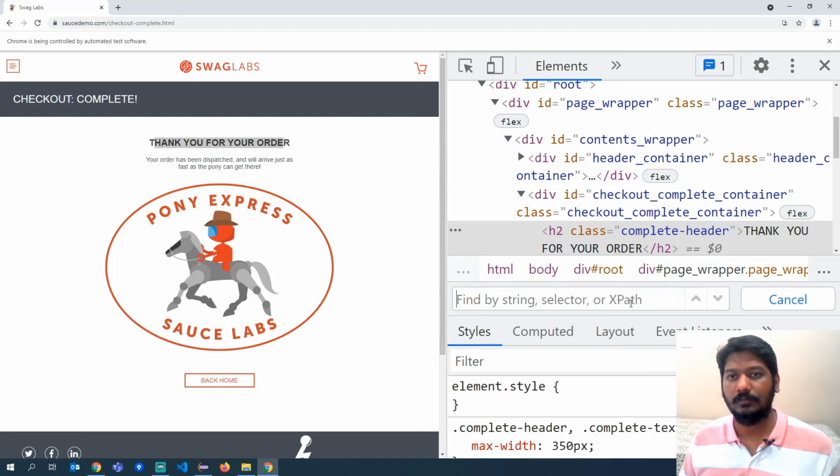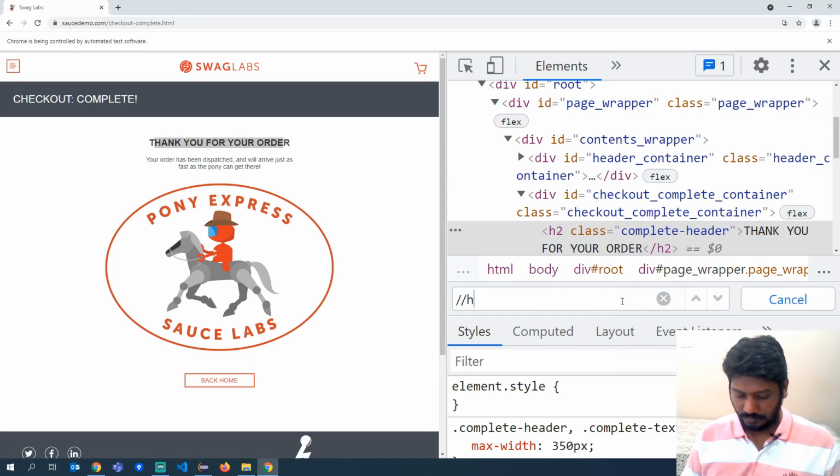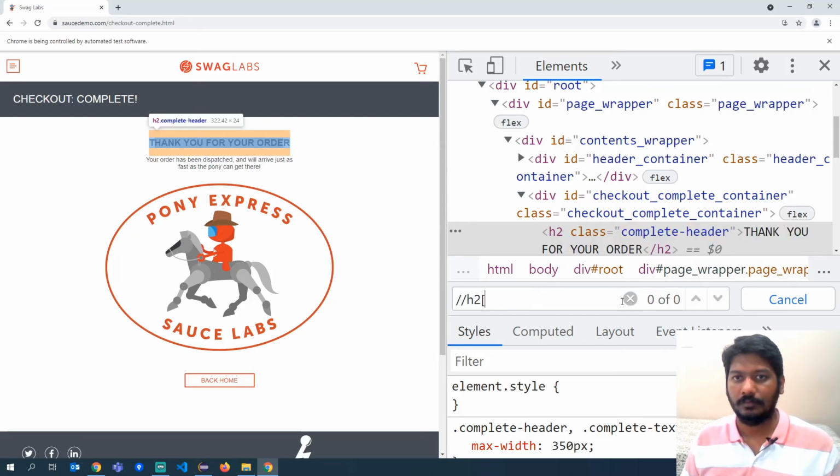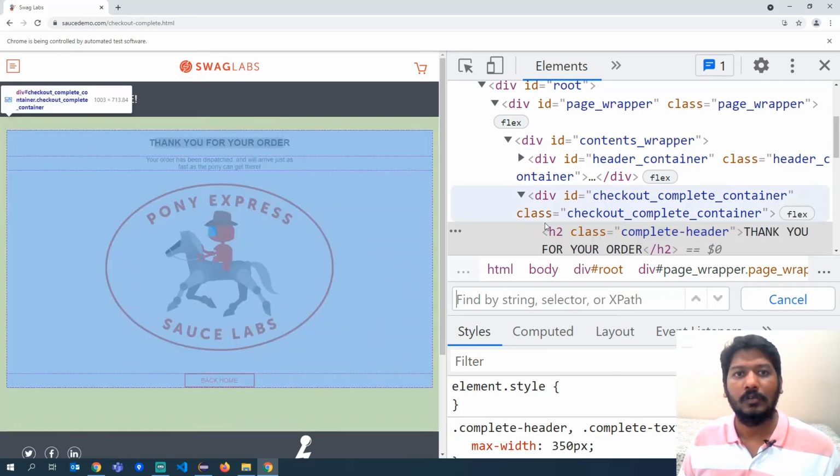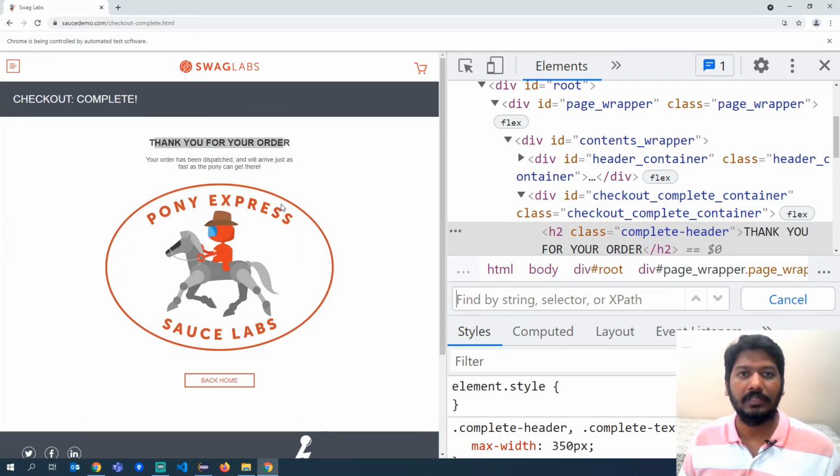So we can use this as an XPath and then identify it. So what we will do, h2 @class is equal to complete header. Okay, so we will use this as XPath. Now we will create a complete page where we will try to identify whether this particular thank you message is coming or not.